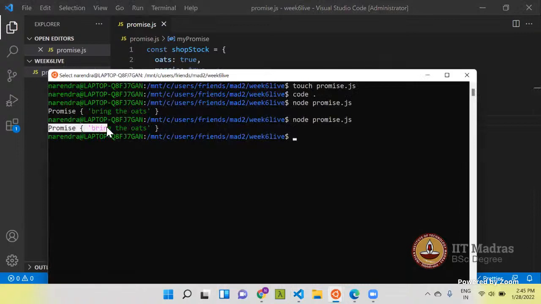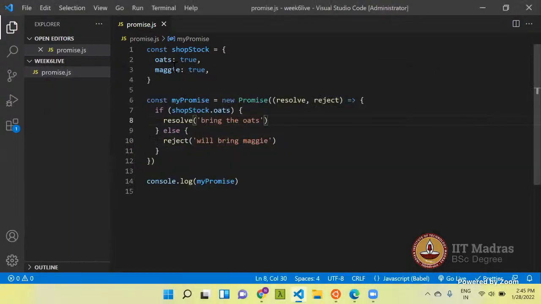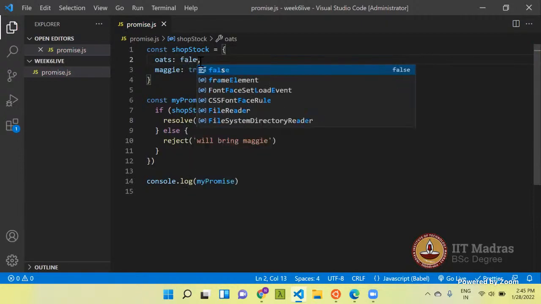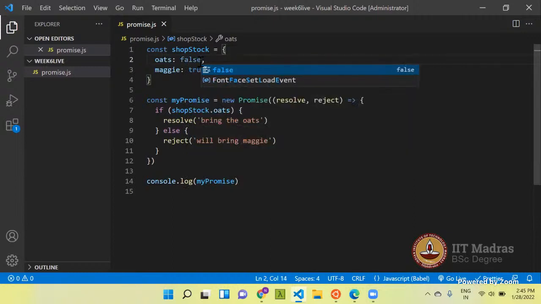So this is the promise which resolves with bring the oats. Let's say I change this oats to false. This means that in the shop stock there are no oats. So the promise will not get resolved. It will get rejected, so my friend will bring the Maggie.